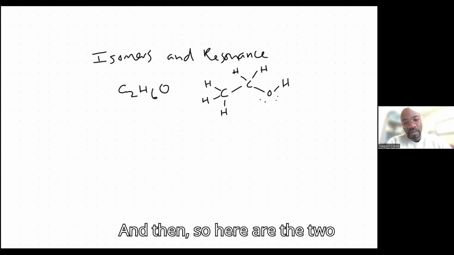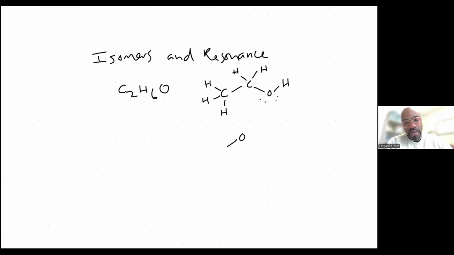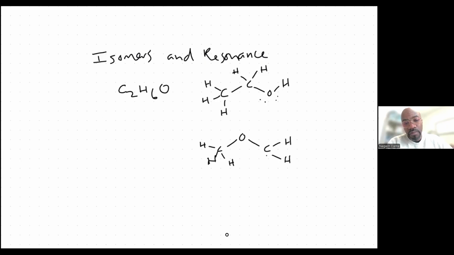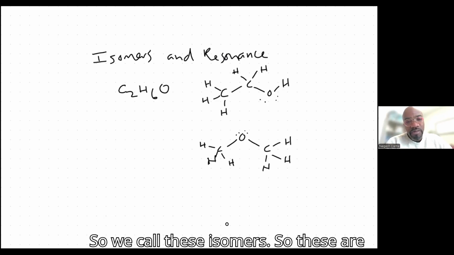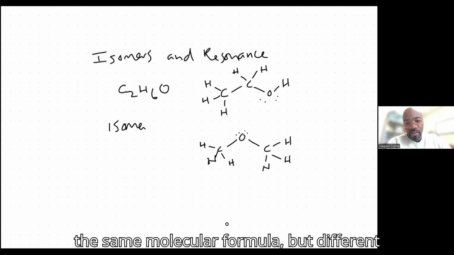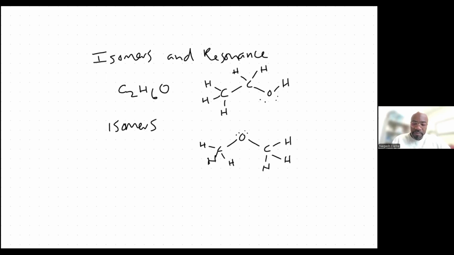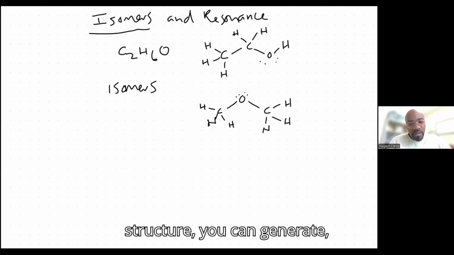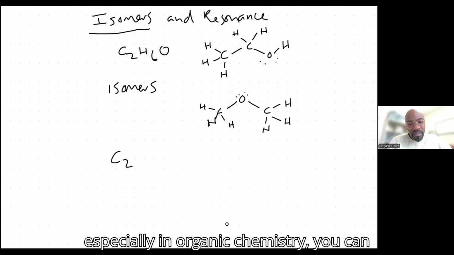And so here are the two isomers for C2H6O, the ones that obey the octet rule, right? So we call these isomers. We have the same molecular formula but different atomic arrangement. So depending on your Lewis structure, especially in organic chemistry, you can generate